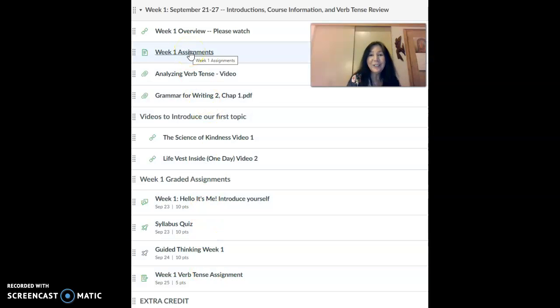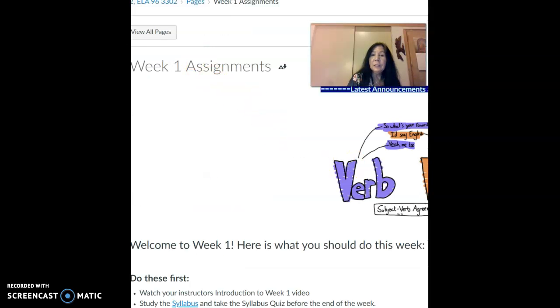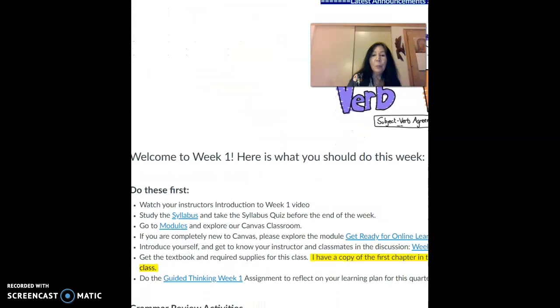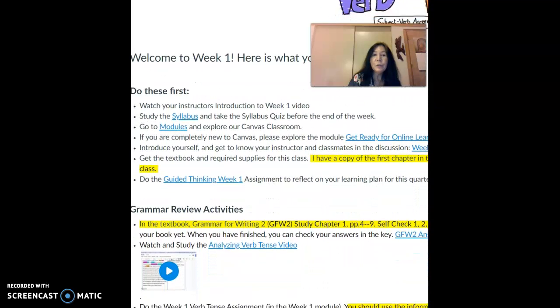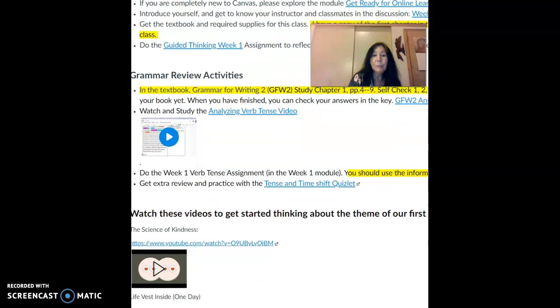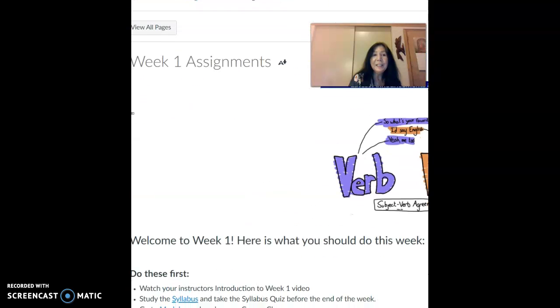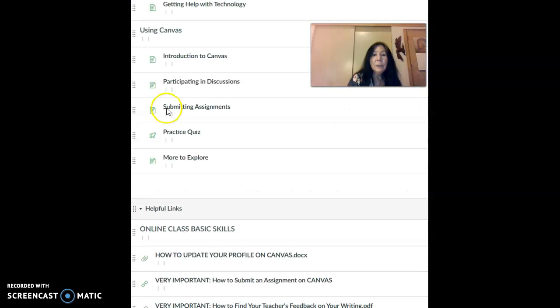Okay, so let's take a look at the week one assignments. First of all, you can't see the whole page, but it'll tell you this is what you should do, and there's live links. Anytime you see the blue, you can click on that and access the material. Okay, so I'm going to go back to the main module,